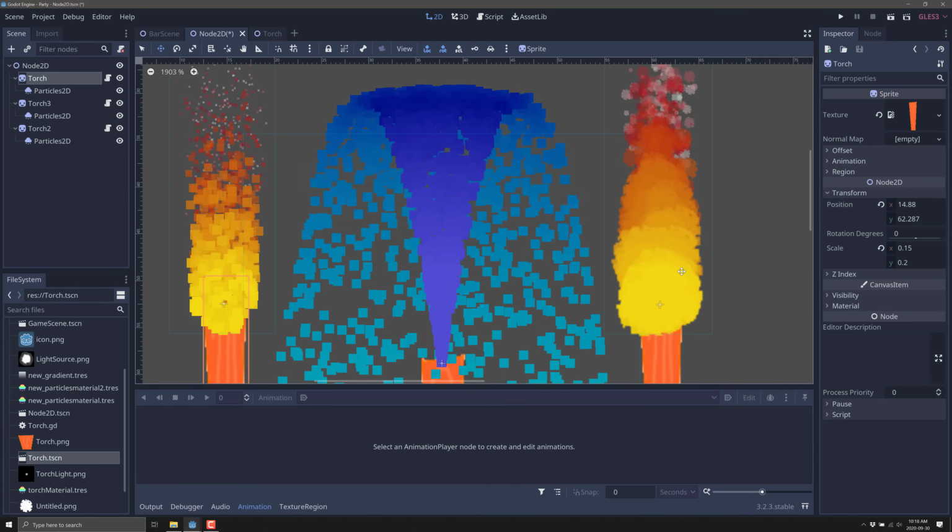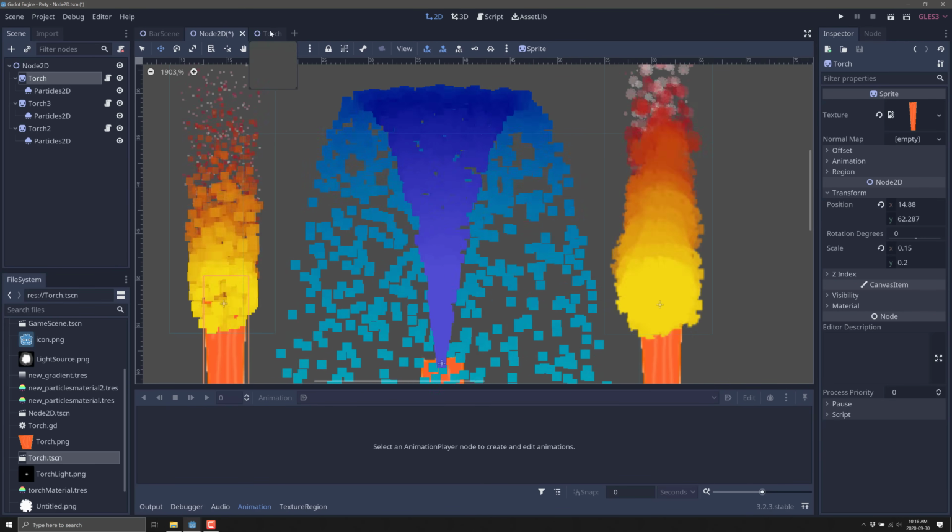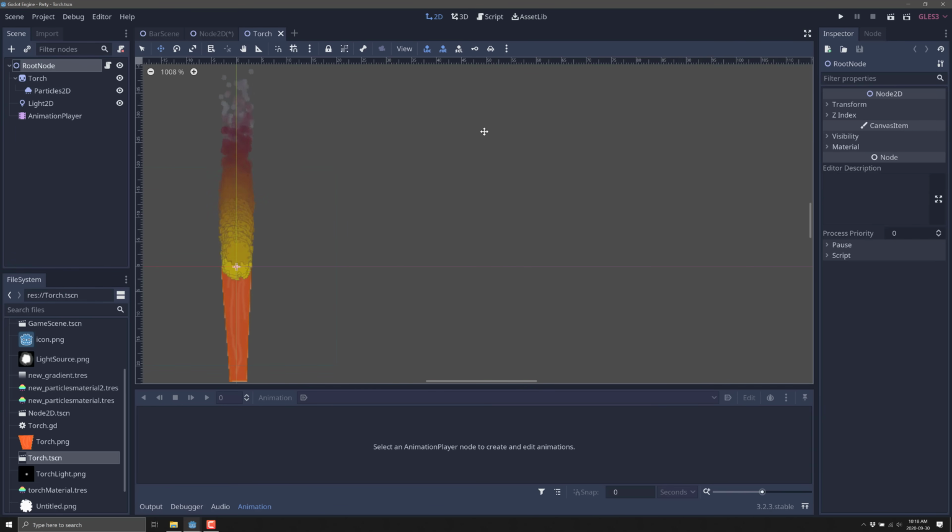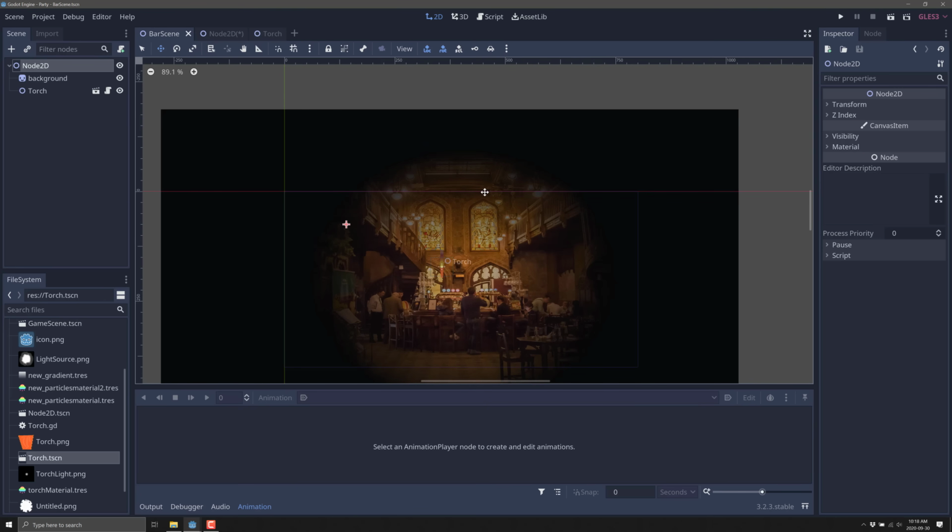But then I went one step further and thought, a torch is a genuinely useful thing. Let's actually make one, so we've made an actual torch that you can then embed and use in a game. And then I went one step further and thought, let's have some dynamic lighting around the torch like you would actually use it in a real world game. So that is how we ended up with this example. It is just an instance of the torch we are going to create. That torch is going to be created using 2D particles in the Godot game engine. We're going to bring all the things together, 2D lighting, etc. And this is the end result.